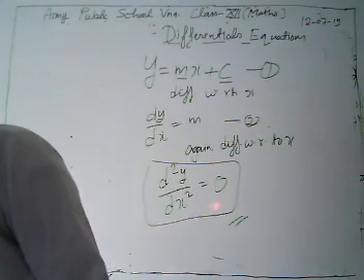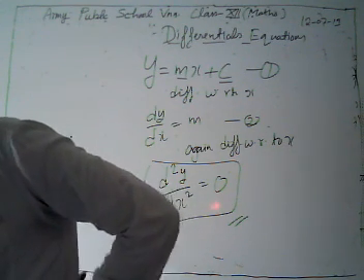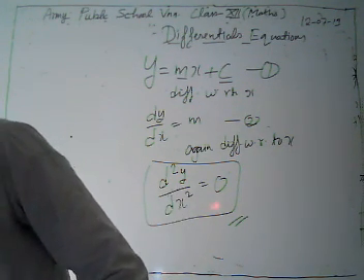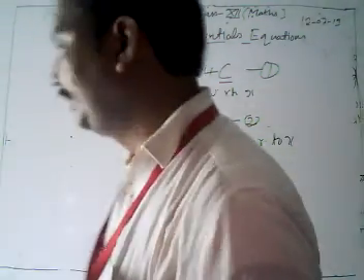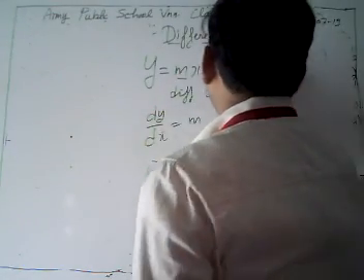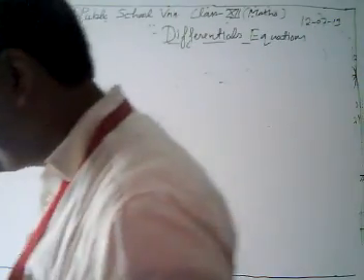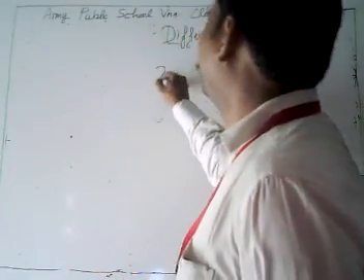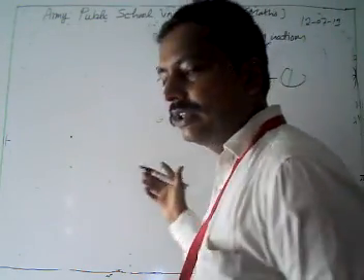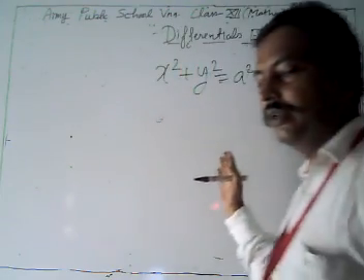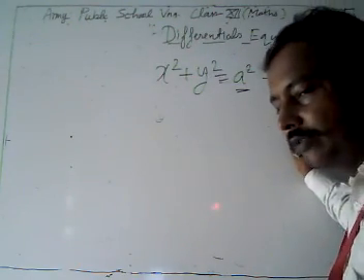Look, we can take one problem. Suppose we have to form the differential equation representing the family of curves x square plus y square equal to a square by eliminating the arbitrary constant a. In the problem, the curve is given by the family of curves x square plus y square equal to a square. Obviously, this is a circle having the origin as center and radius a. Now here is only one arbitrary constant, a square.